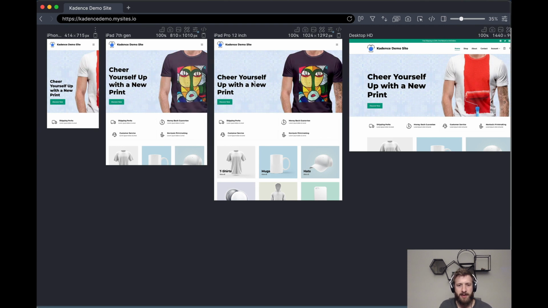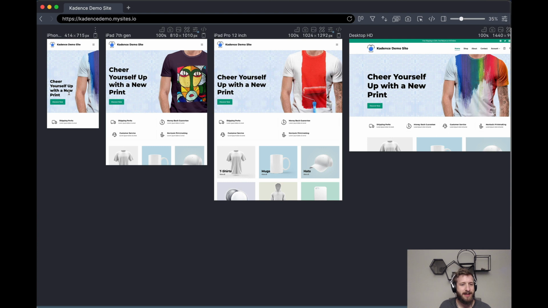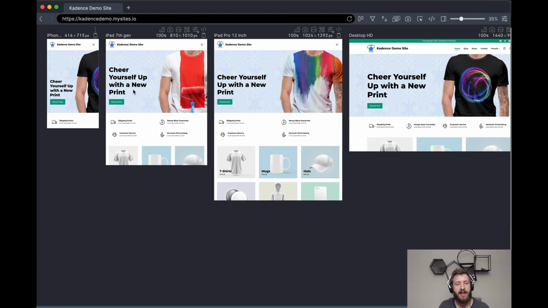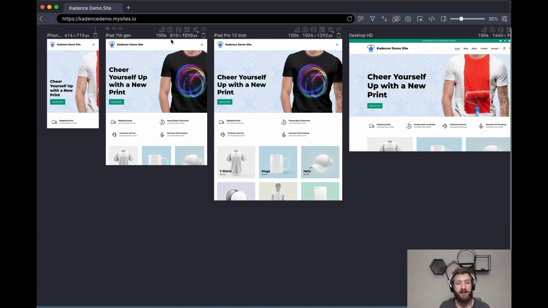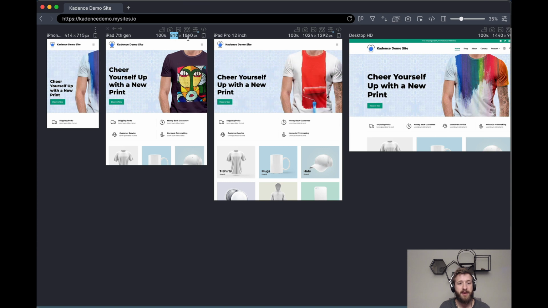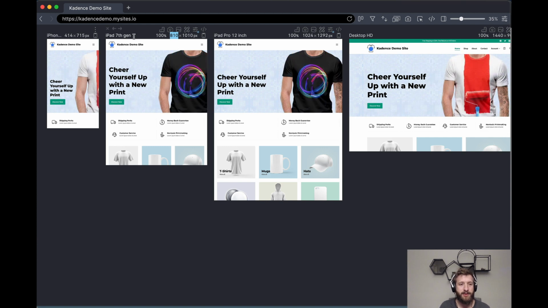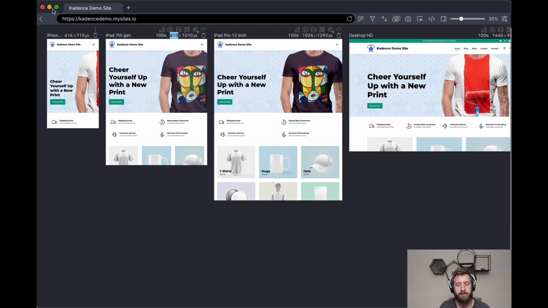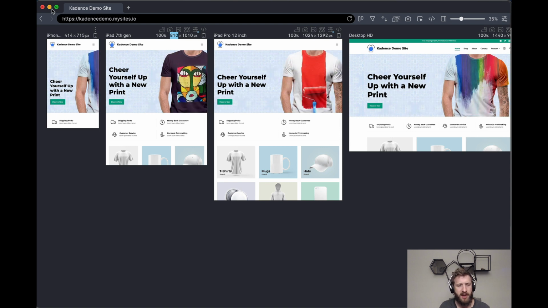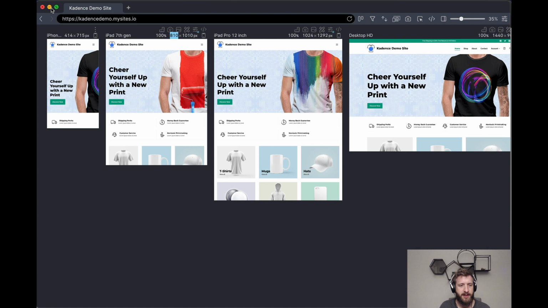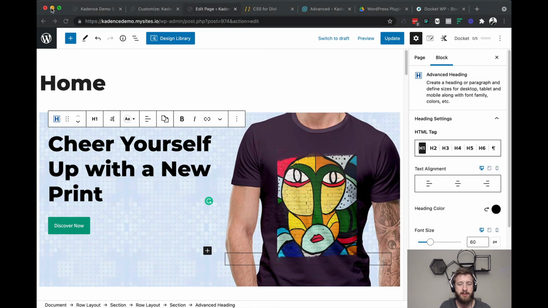So if there's a certain device breakpoint where I'm seeing something funky happening, and I want to make a really specific change, like let's say at this 7th gen iPad with a width of 810 pixels, I might have to write a custom media query for that. We're not going to get into that in this video. We'll just go with the default breakpoints of the Cadence theme. But for testing purposes, we'll reference this. Okay, so we'll come back to Polypane momentarily.